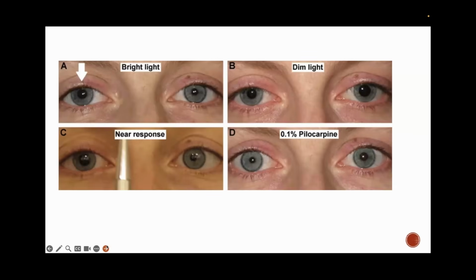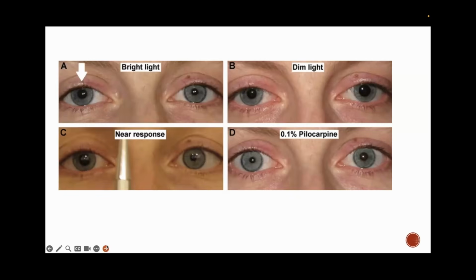So the anisocoria is much worse in the bright light. When you see that, you're dealing with the parasympathetic pathway. Then you look at the accommodation response. The patient has a poor response to bright light, and also a poor response to accommodation. Other than that, there will be no symptoms. There are no signs of third nerve involvement at all. These are the patients of Adie's tonic pupil.